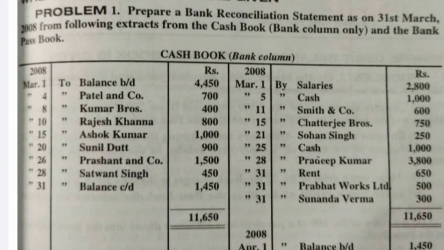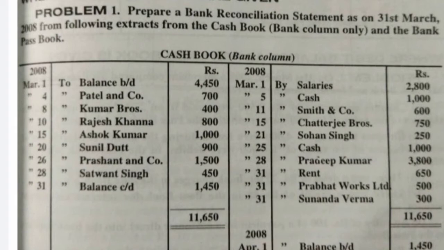We are doing overdraft balance as per cash book, and we need to see the cash book itself. We should not see the passbook. We need to see what is happening in the cash book. Therefore, in the cash book, Sunil got debited, which means the balance on the receipt side is showing increased balance. So the Sunil Dutt amount of rupees 900 should get added to the overdraft balance as per cash book. So 900 is the adding item.